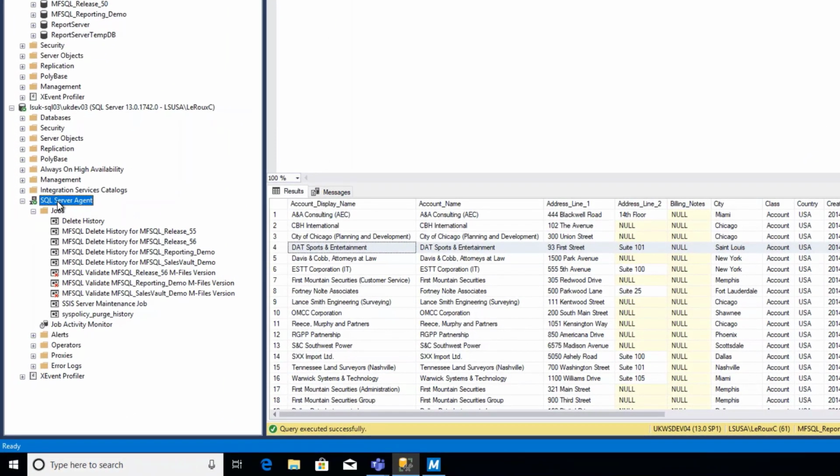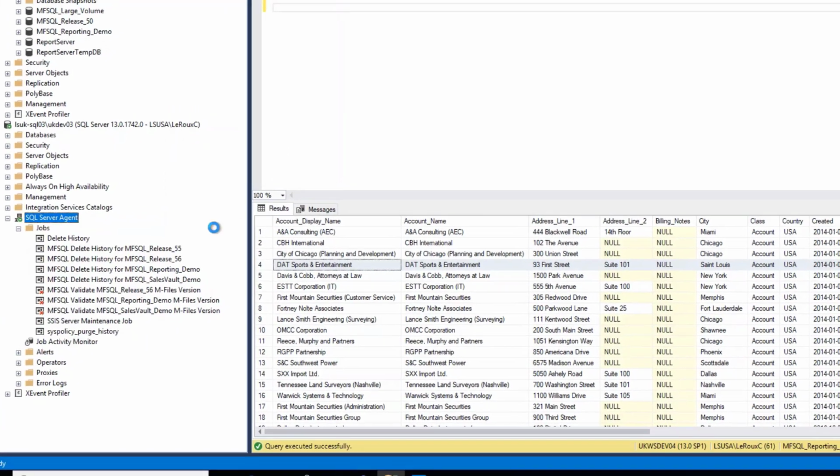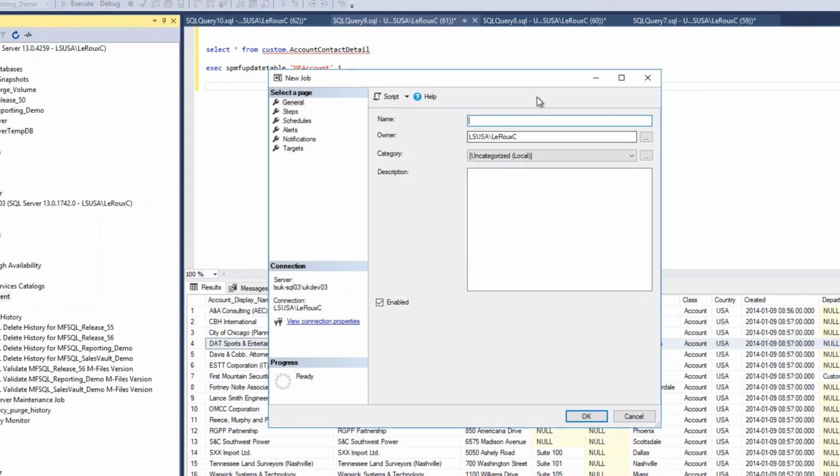So let's get started in SQL Server. Let's create a new job and give it a name. It would be good to give a name that relates to the specific database